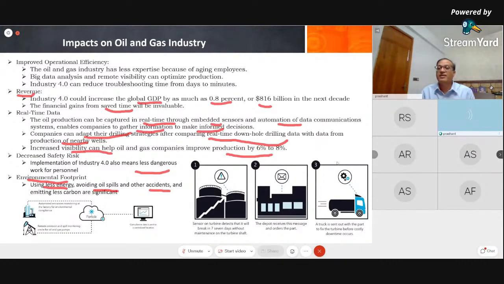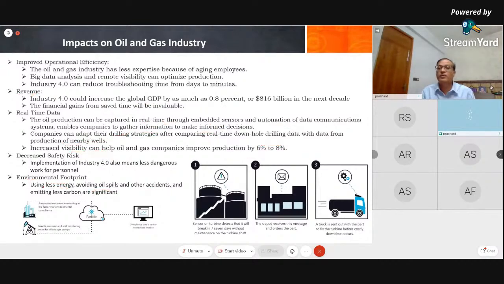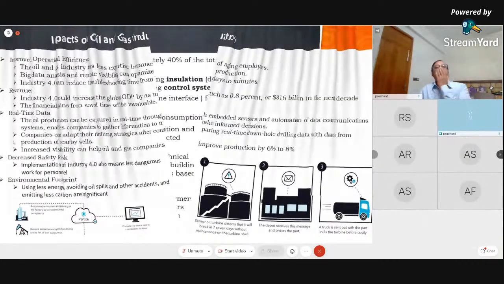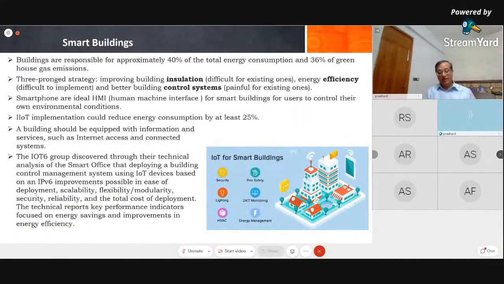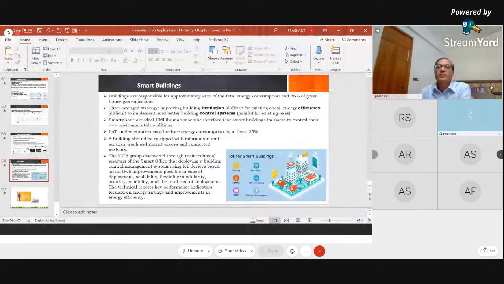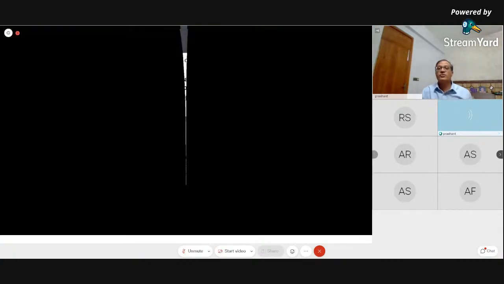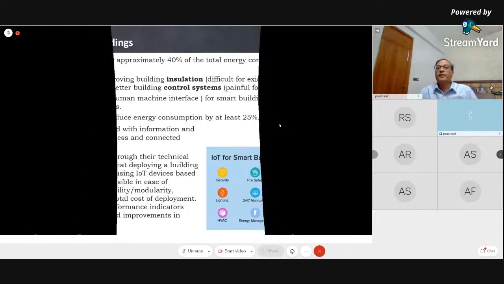Once again, I'm just going to clear all my annotations and then move on. We talked about the oil and gas industry, but buildings are getting smarter these days, and I'll just leave it to you guys because the time's up. Time's up now. How do I stop sharing? Okay, once again. If I go full screen again,